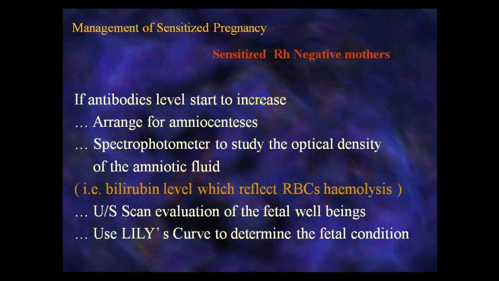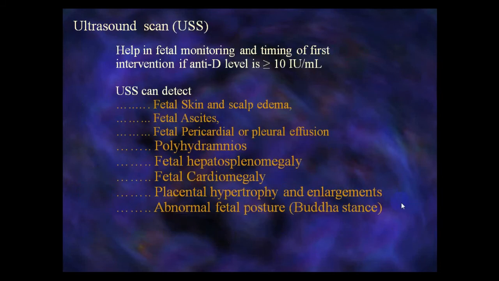If antibody levels start to increase, arrange for amniocentesis and spectrophotometry to study the optical density of the amniotic fluid, and that means the bilirubin level, which reflects RBC hemolysis. Ultrasound scan evaluates fetal well-being, and use the Liley chart curve to determine the fetal condition. So we mentioned in the previous slide zones 1, 2, 3, and the optical density of bilirubin, which is shown in